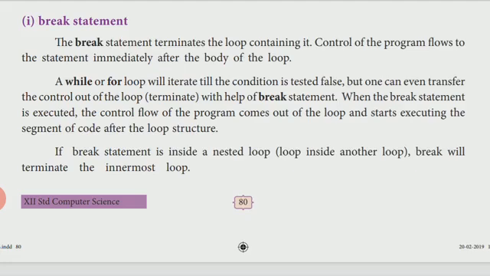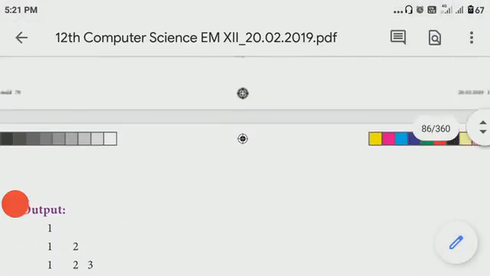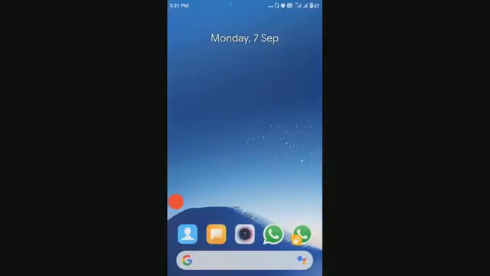For example, the while loop we saw in that example, and in between, for i in range 1 comma i, we gave. Here, in between, if you give that break statement, it won't continue the process, it will directly go to the remaining process.